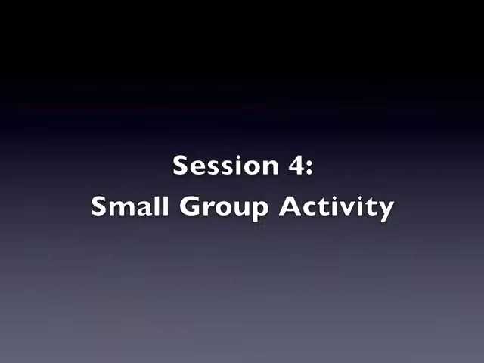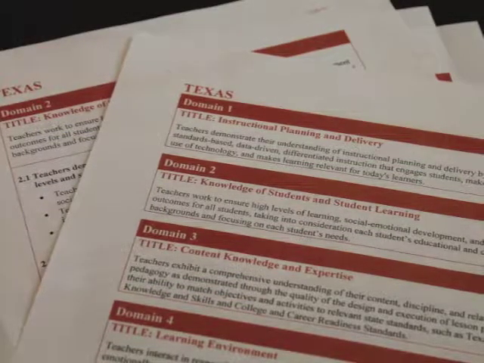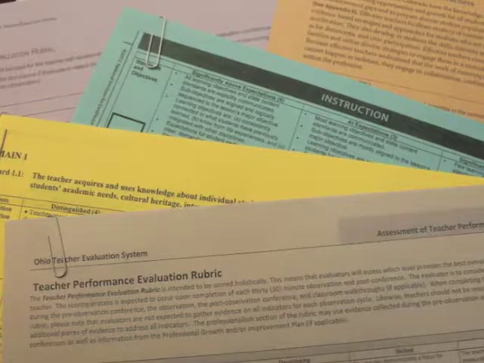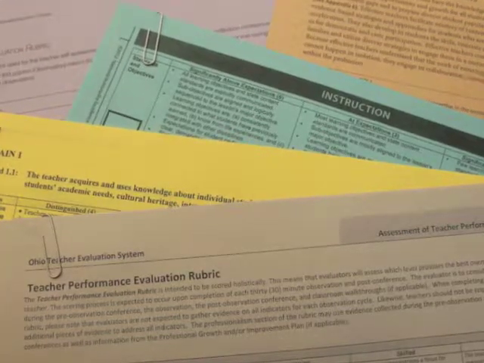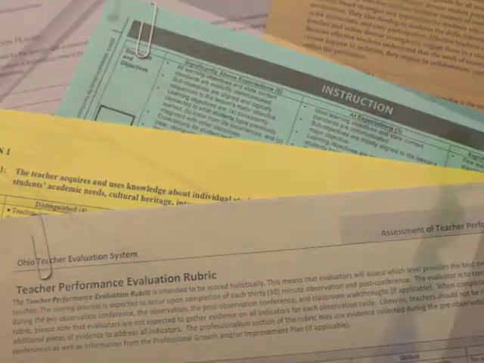During Session 4, you will transition into small groups in order to complete an alignment analysis of each of the 5 previously named rubrics against Texas's proposed teacher standards. At the conclusion of Session 4, each group will have reviewed all 5 rubrics and determined which of the rubrics' dimensions align to the Texas standards.